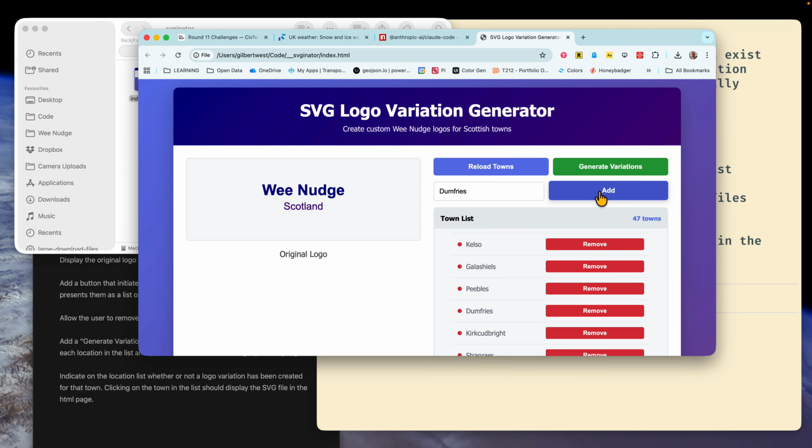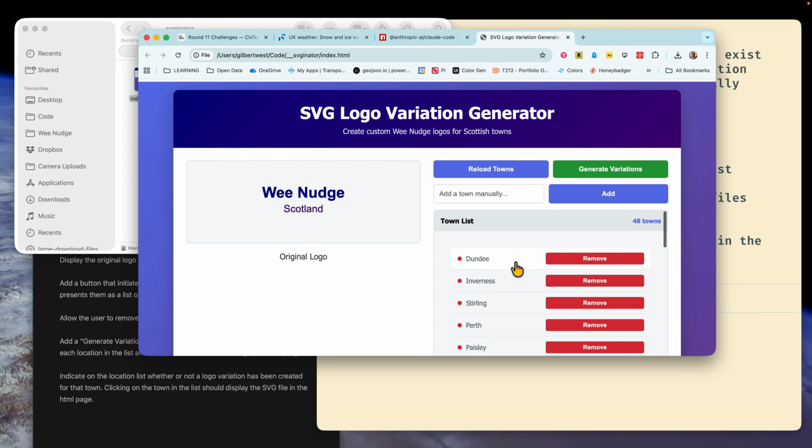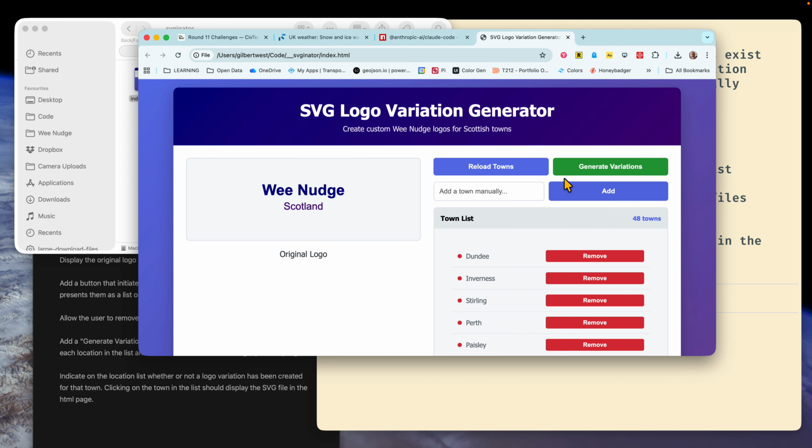I would have expected it to give me some sort of warning. Okay, well that's not too great. What about? Let's see. Okay, so that number incremented, so that's good. Okay, so it's not telling me when it gives me a duplicate, so that's maybe something that I would ask for it to do. Okay, well we have a list of towns, so I'm now just going to say, okay,